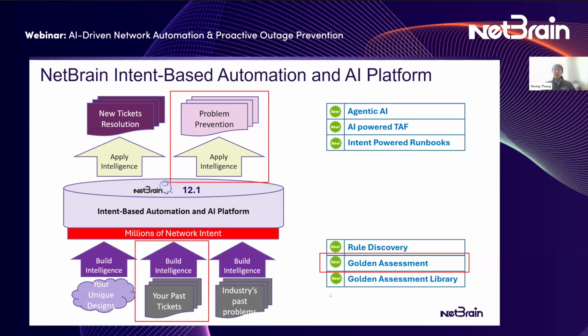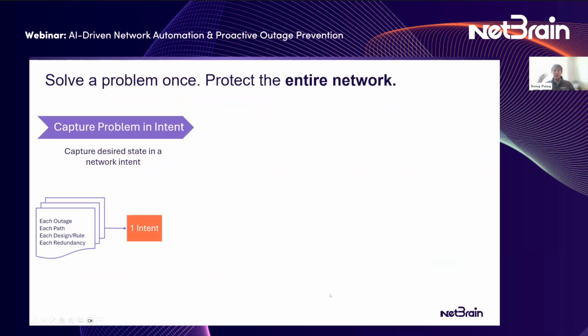So the way we thought about this when we designed this particular feature is we wanted to accomplish something like this. First is, after every single outage or problem, or it could be a design rule, it could be something that you've implemented in the network, every single time you learn something new about your network in terms of what must be true, right? So if this was true, then this intent is satisfied. If this is true, then this design is working. Because this wasn't true, therefore, I had an issue, right? So after every single problem, we all are learning more about what must be true of the network.